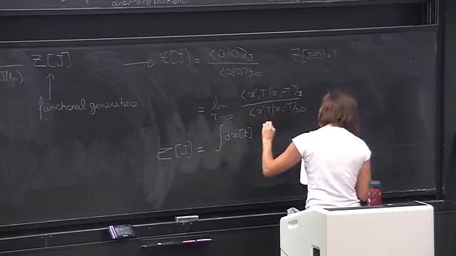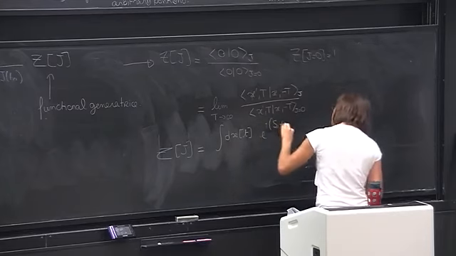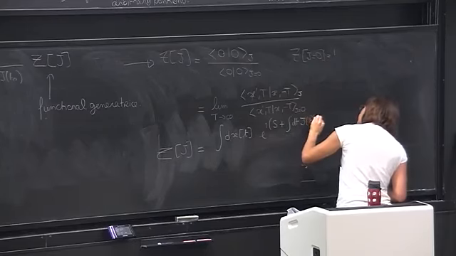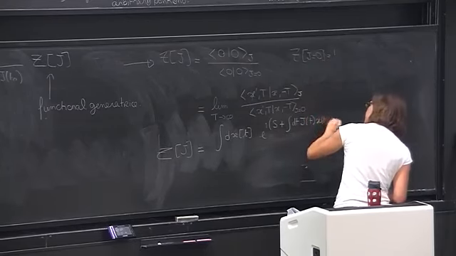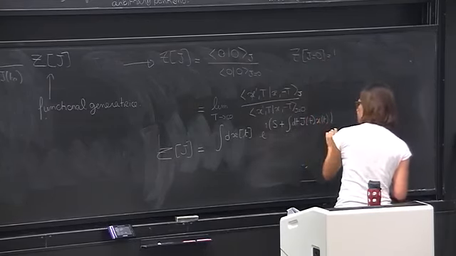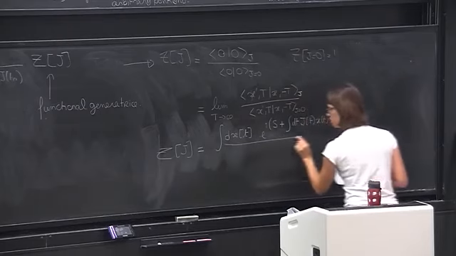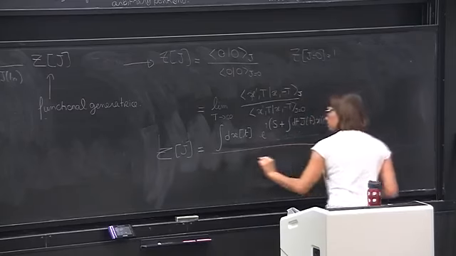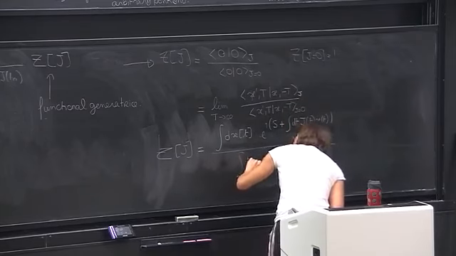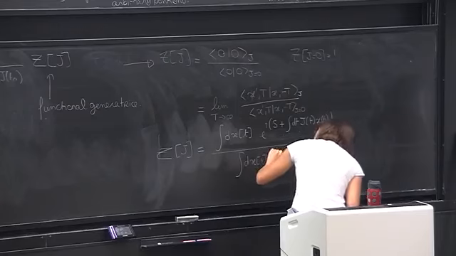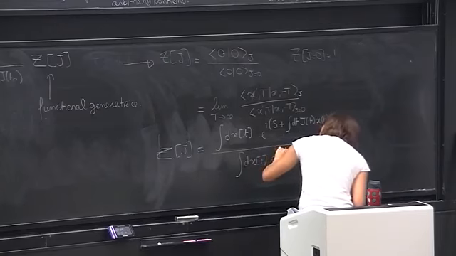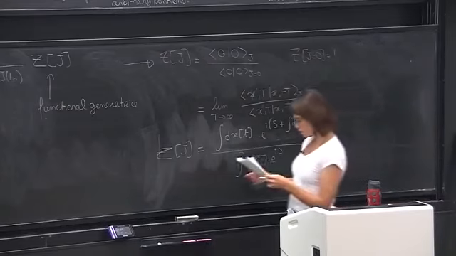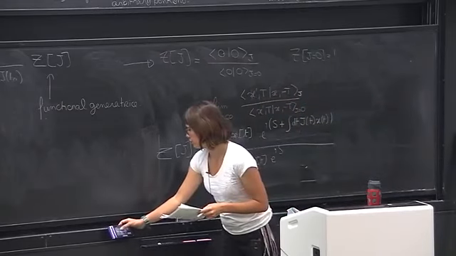As the exponential of this S plus this source term added. Okay, where now the integration is going to be from minus infinity to infinity, normalized by the same thing. Okay, so this is the definition, and the next step is, of course, to